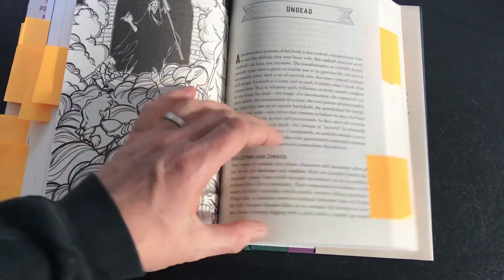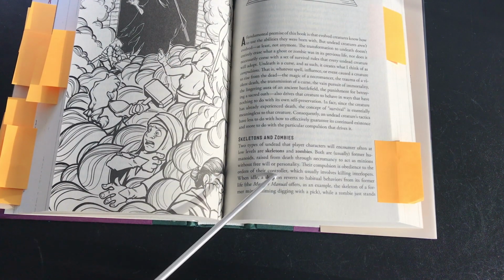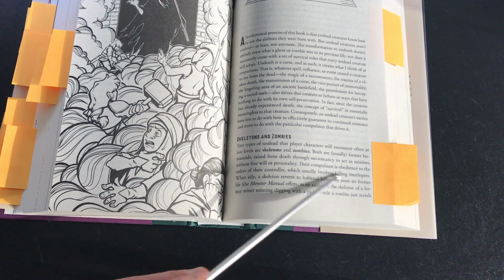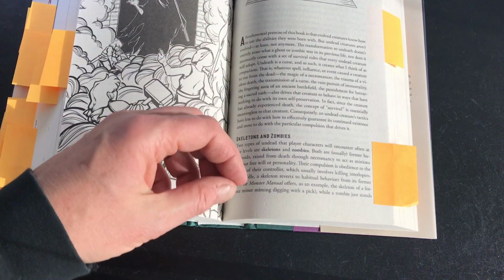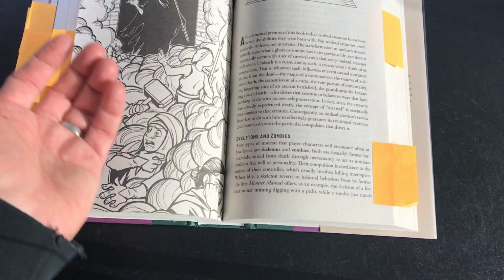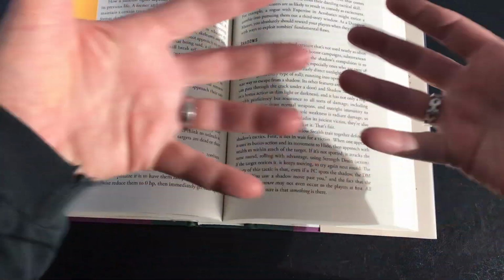the story. For example, both skeletons and zombies, former humanoids, raised from death through necromancy to act as minions without free will or personality. Their compulsion is obedience to the orders of their controller, which usually involves killing interlopers. Now, it says when idle, a skeleton reverts to habitual behaviors from its former life. Well, again, this will give you, if you haven't already fleshed out the history of your enemy or the motivations, the larger motivations in the world that you're traveling in that are the forces against you, if you encounter a skeleton, this can be the way in to doing that by building up and investigating the past of the skeleton,